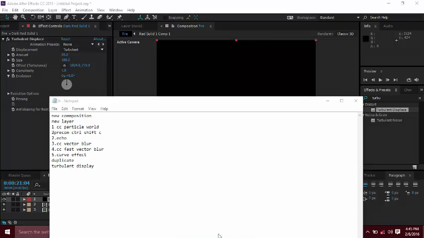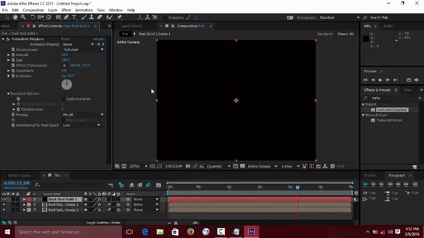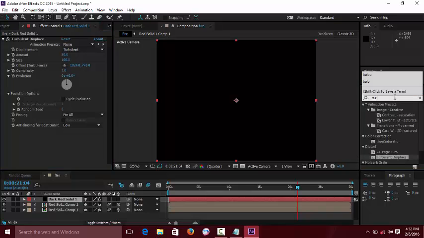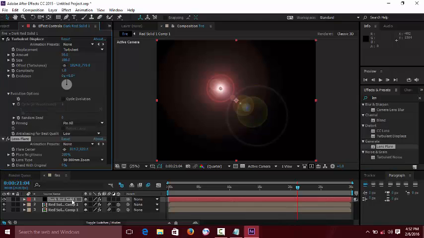Okay, so after creating the new layer, I think we're going to add the lens flare effect. Yes, the lens flare. If you didn't guess what I did just now, just click on